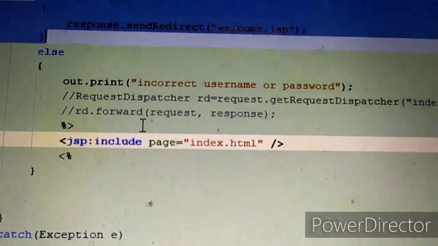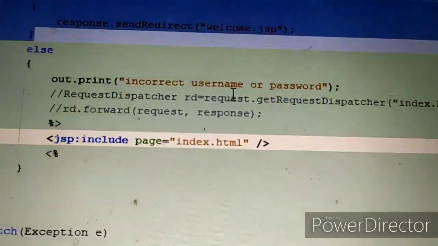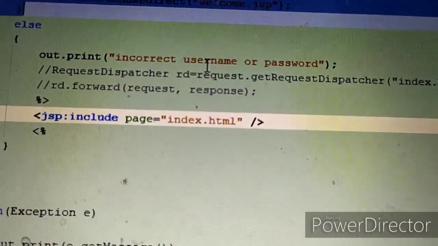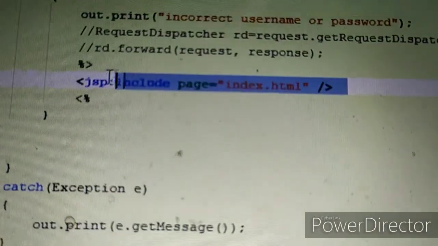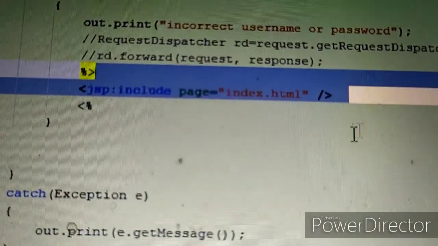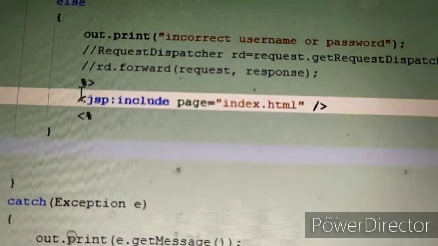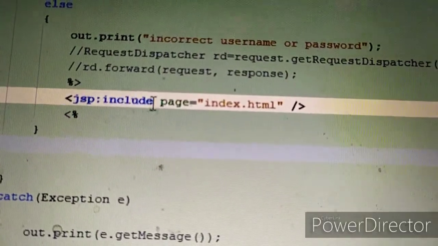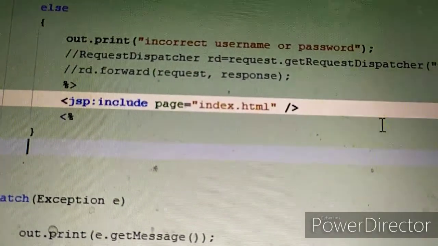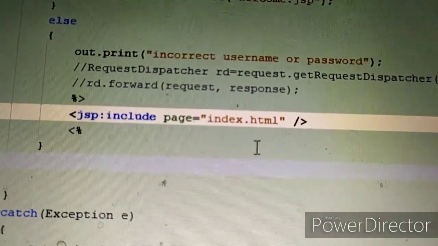Otherwise it will print incorrect username and password, and this is our JSP action tag. JSP include page index.html. So what does this action tag do?